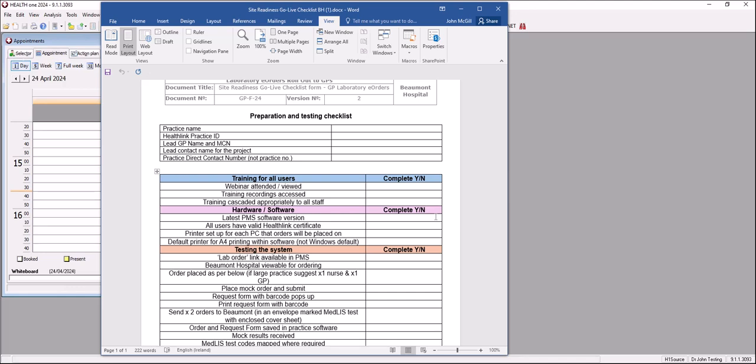Hi, my name is John, and this is just a short video on doing a lab order in the Health One software. So just to start, I'm just going to go through the prerequisites that you require to do the